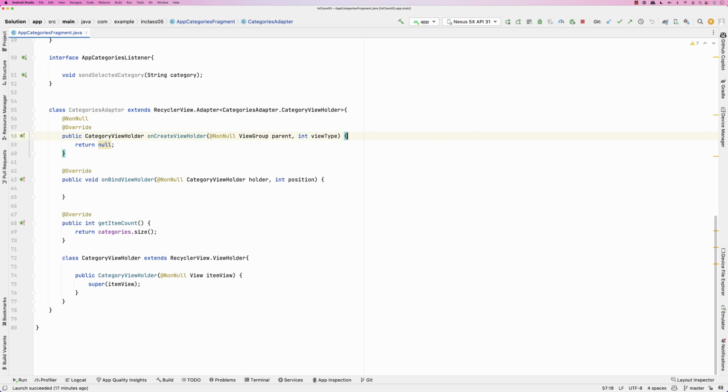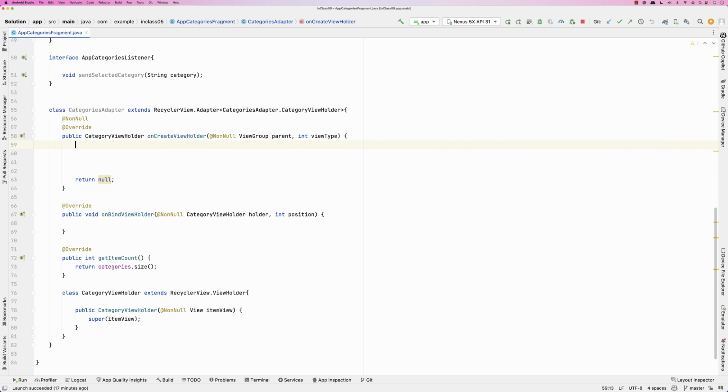Now there are a couple of methods that I have to worry about. The first one returns a view holder. This one is just to create the view holder, and basically all this should do is just create the view holder. All right, so for me to create the view holder, you see also the view holder receives a view. That's the view that the view holder is going to hold, right? So here we need to give that view holder a view. So now in order to get the view, I need to inflate